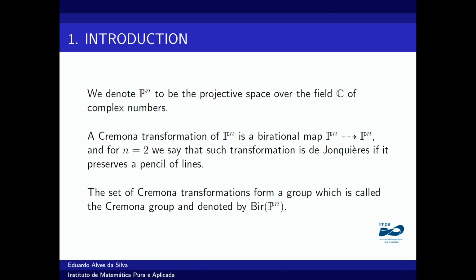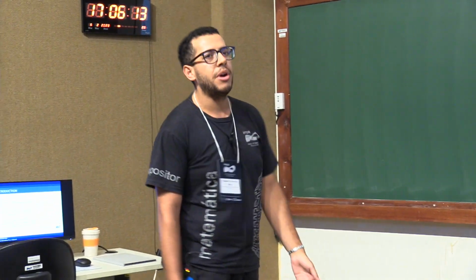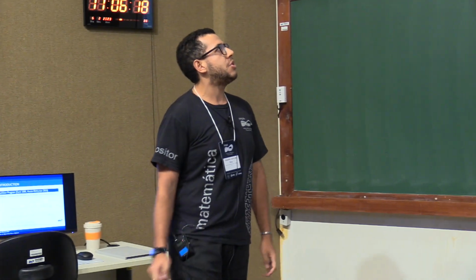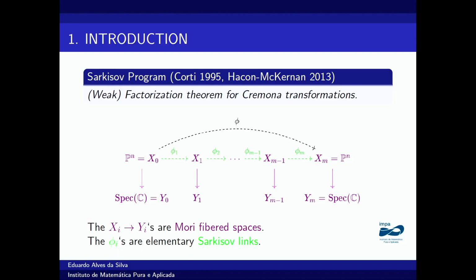The study of this group has been an active area in algebraic geometry. For elements of this group, we have a factorization theorem, which is called the Sarkisov program, in its particular situation for Pn. We can decompose every Cremona transformation into elementary links. This theorem is more general, and it asserts that for any birational map between Mori fiber spaces, we can decompose it